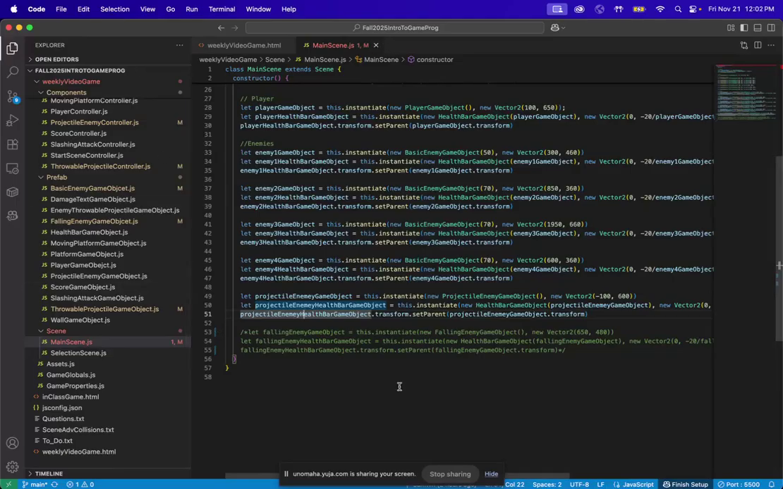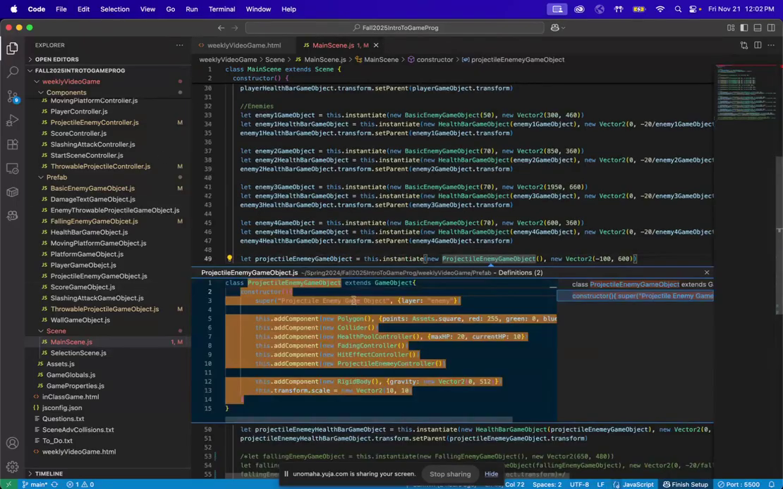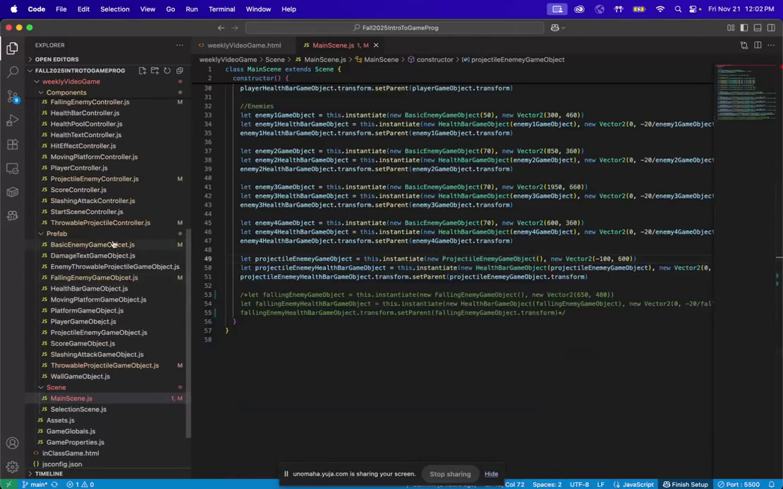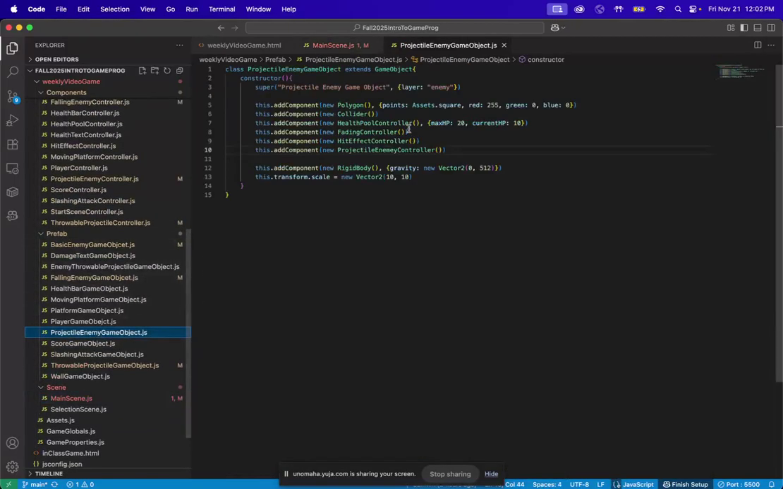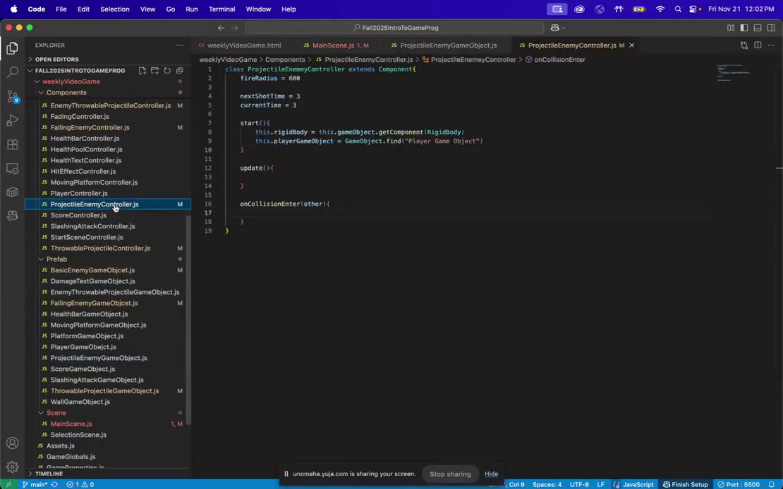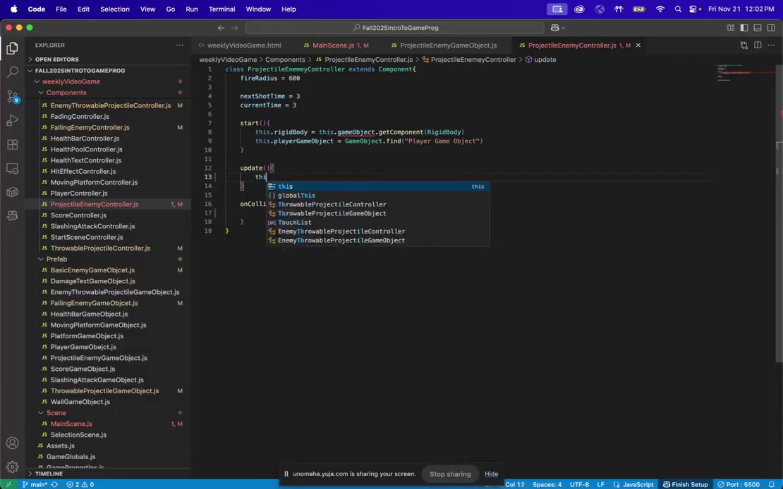But what we want to do is use this projectile enemy game object. So let's go to that. What we have is the polygon, collider, health pool controller, fading controller, hit effect controller, and then the projectile enemy controller. So now if we go to our projectile enemy controller, this is what we have. What we want to do is say, hey, if we're within some radius of the enemy, we shoot. First, though, we have to set up the cooldown,